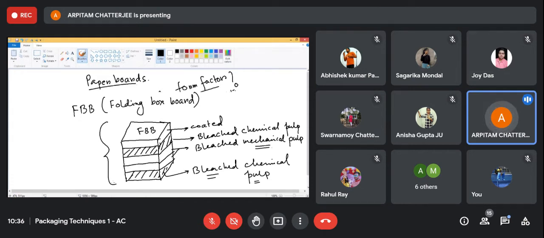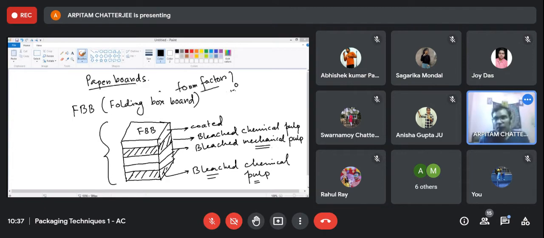Solid bleached boards are more expensive because if you want to have 5 layers of bleached pulp, then obviously it is going to increase the cost. But in case of FBB, the use of mechanical pulp actually reduces the cost of it. Okay, and you can see the use of this FBB very commonly in most of the boxes, for example,